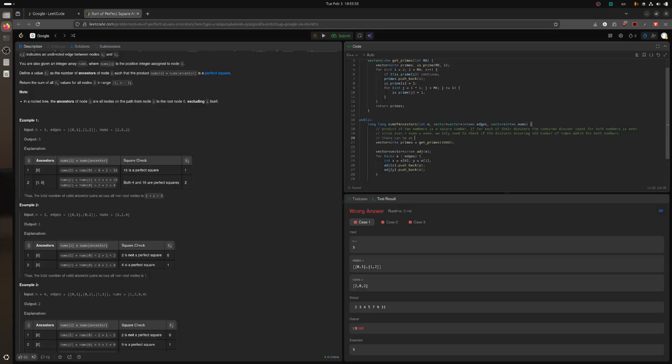There can be at most 7 unique divisors occurring odd